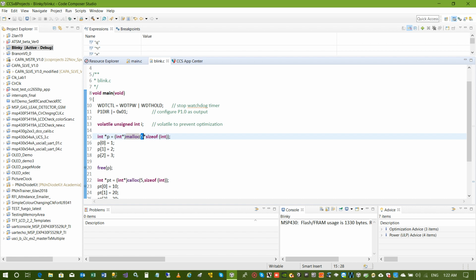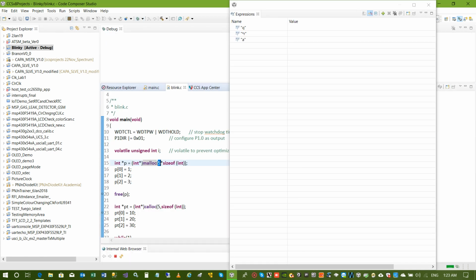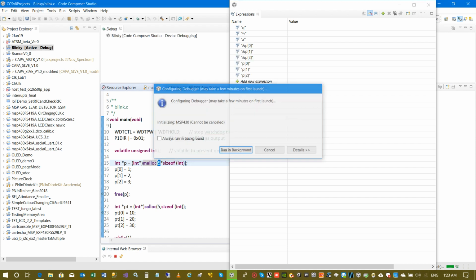Now let us run the program. For the MSP430 G2 Launchpad, you can just connect it and download the program from this debug option. Here I am downloading the program, and after downloading the program, what I want you to understand and see is